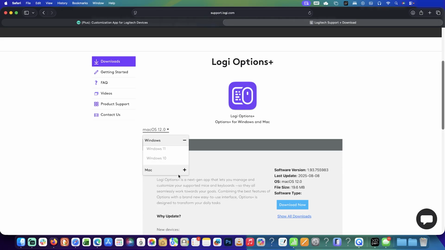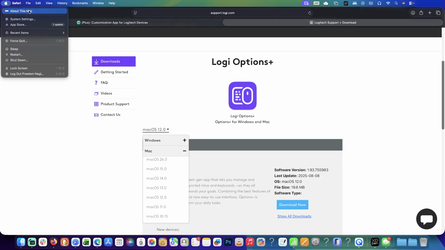And then from here, since most of us are using macOS 26, we need to select the correct version. So right now by default 12 is selected. Select the version that you have installed. And if you are also not sure which version I need to select, then simply go here on the